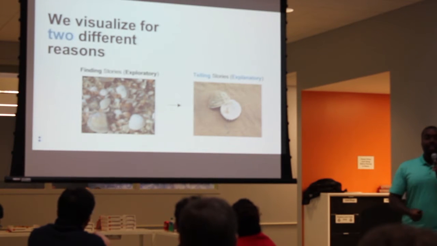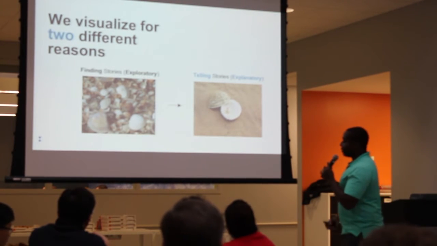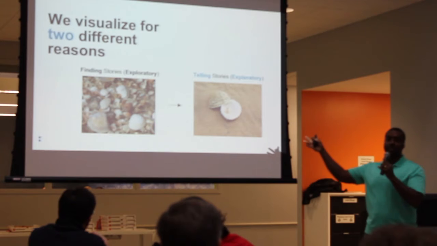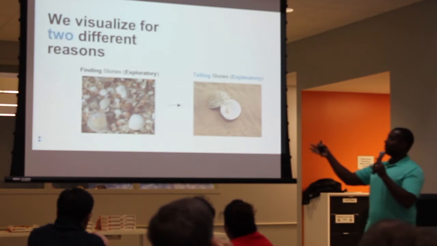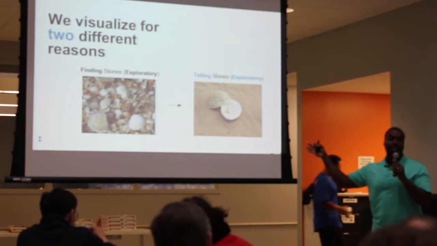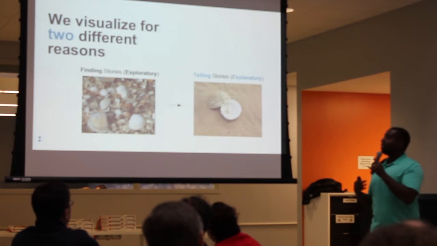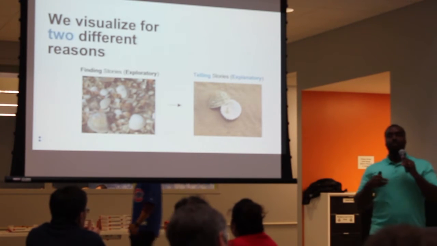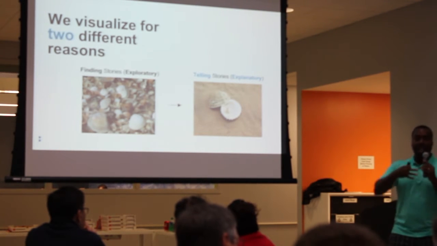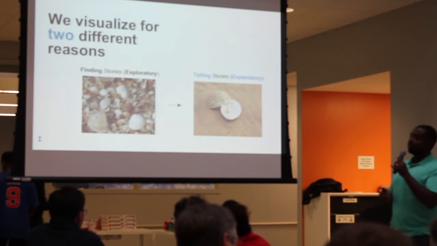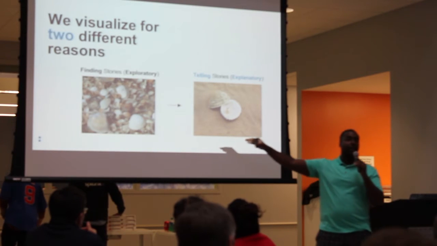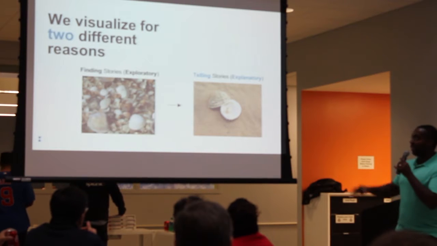Another analogy is, say your boss told you, find pearls and seashells. The exploratory way you do that is you go and look through hundreds of seashells. Now, does your boss care about the 100 seashells that are empty? No, your boss cares about the one seashell that had a pearl in it. Oftentimes as data scientists, we go through complicated methods of finding interesting facts, and we want to show the sophistication of how we came about our answer. And that has a place. But when you want to suggest an action, you don't necessarily want to show the 100 seashells because that would be hard for people to understand. I hope you can remember this.